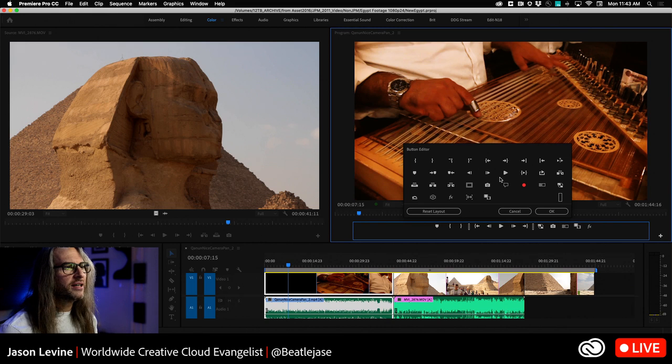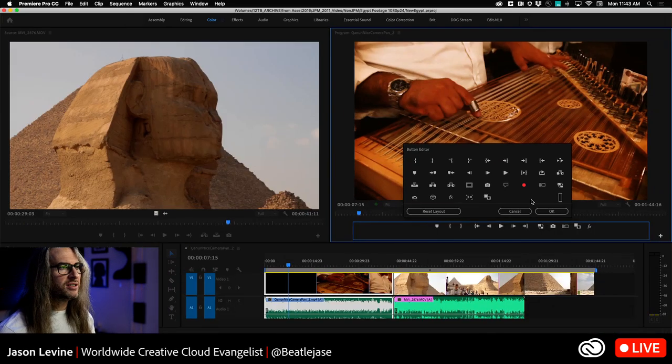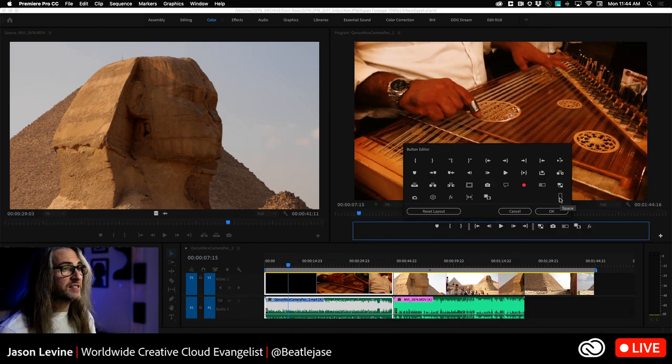I can just click and drag it off. If I'm not going to be doing any multicam, this is the multicam button right here. I can just click and drag it off, all right? Which is not working right now for some reason. Comparison view, same thing. Global effects mute, same thing, okay? So if I wanted to add additional buttons or add a spacer for additional things, I can add those in